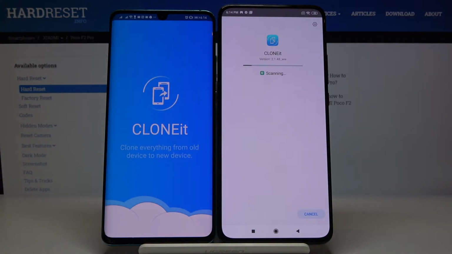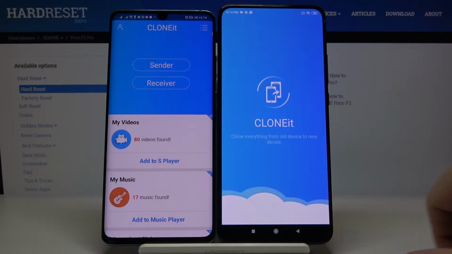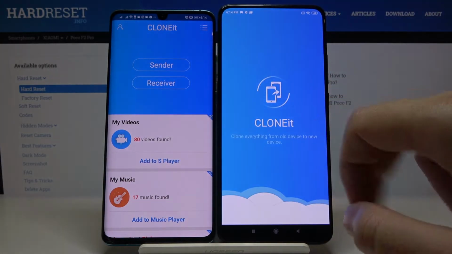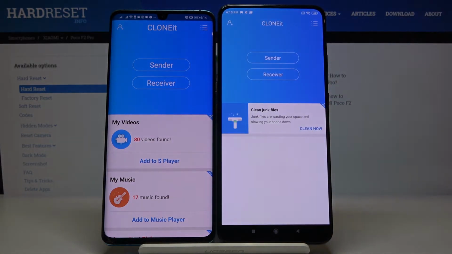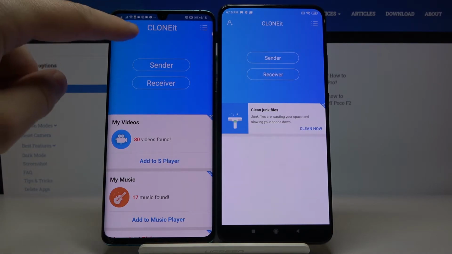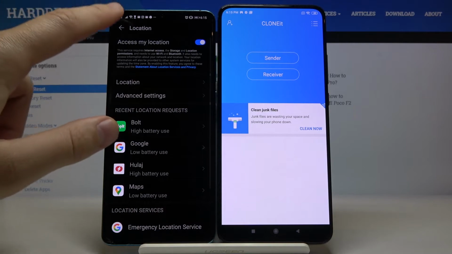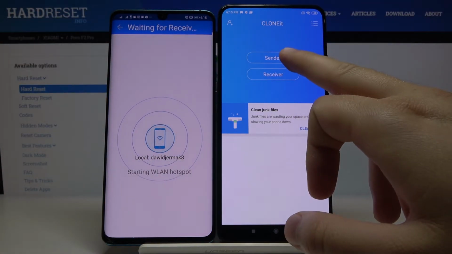Now we can open this application on our Android smartphone. Click on open when it's finished. Click allow. Tap on yes, I agree. And now we have to click sender on the Android phone. Click set. Turn on location and then just go back. Click sender once again and tap receiver on your